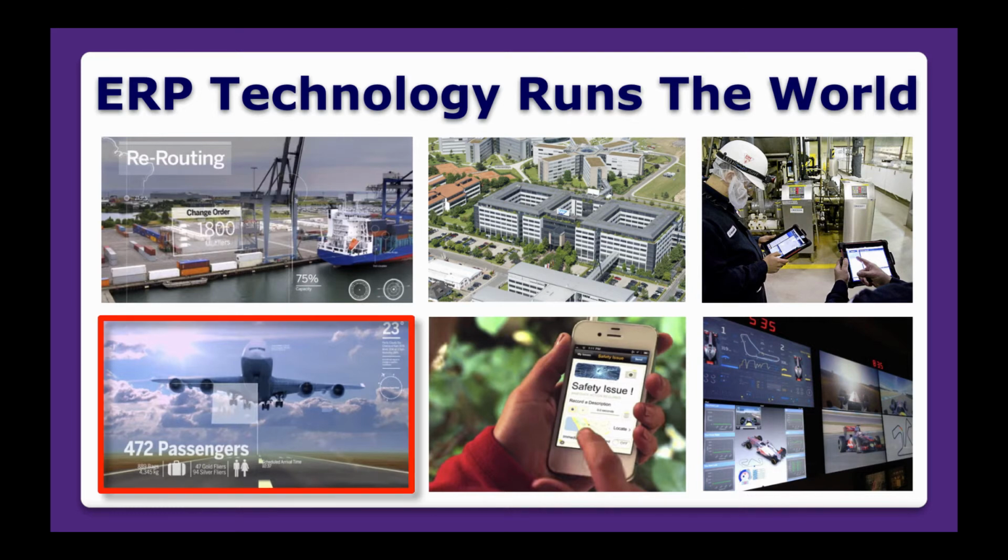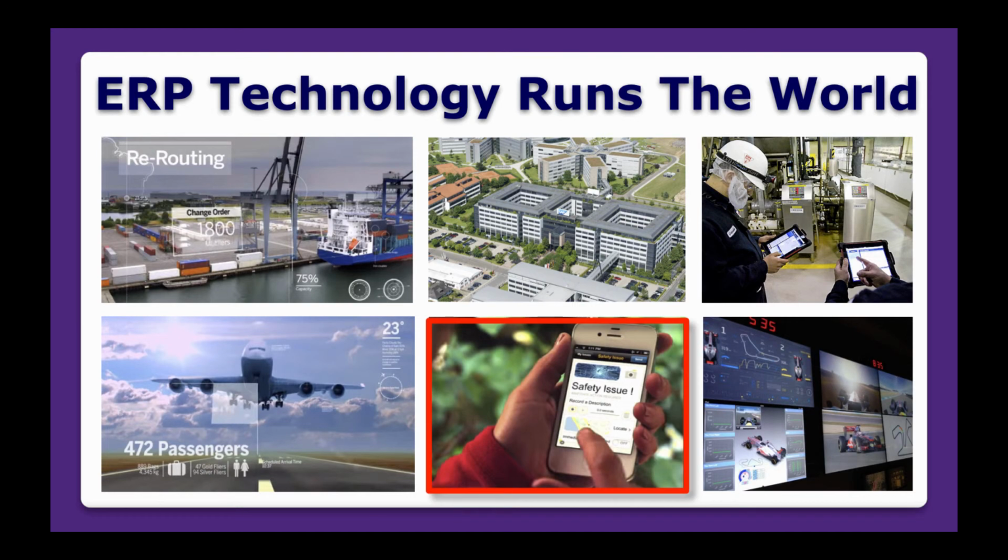It's also used to make sure that air traffic arrives on time and that freight is put onto aeroplanes at the right time, in a similar way to shipping. Mobile apps are used for all sorts of things now. There's an example here of somebody who's jogging, gets a report from their work that there's a safety issue that needs to be looked at, and so the mobile app gives warning of and allows a response to be made to that